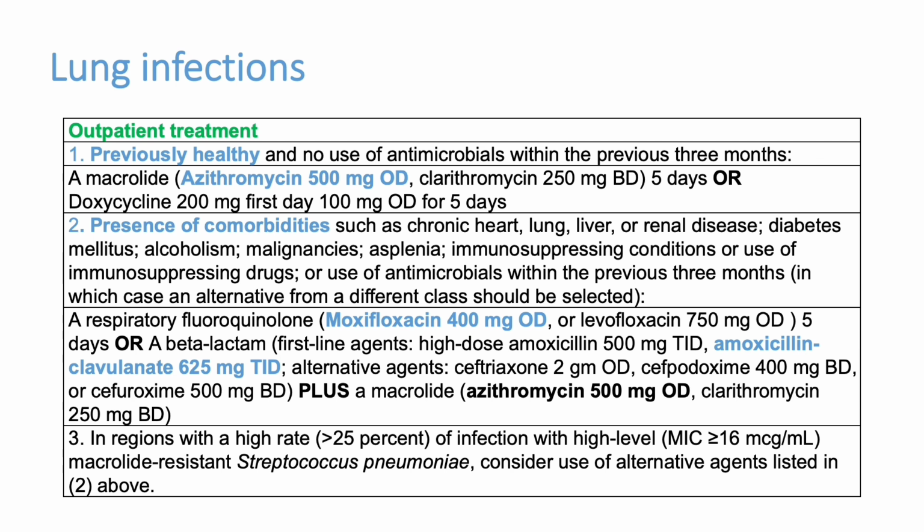But if the patient is having coexisting diseases like chronic diabetes, heart diseases or previous lung diseases like COPD or ILD, there is a chance of gram-negative organisms in the lungs which can produce infections. So we have to go for little higher antibiotics like respiratory quinolones. Moxifloxacin is the ideal choice here, 400 mg OD, or levofloxacin 750 mg once daily for 5 to 7 days.